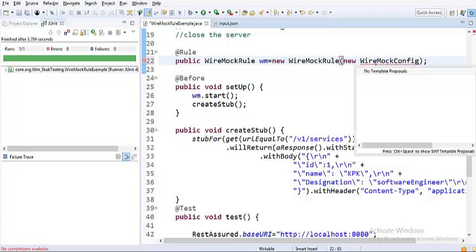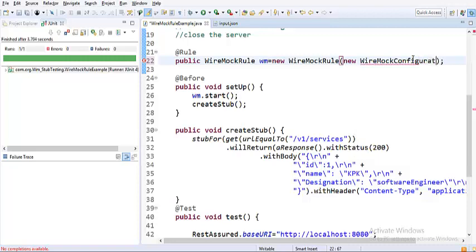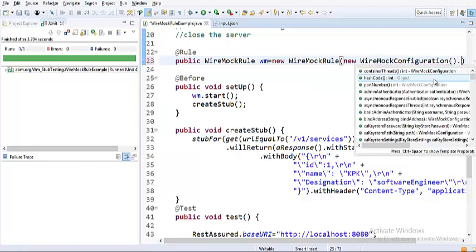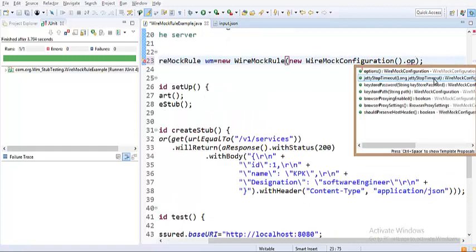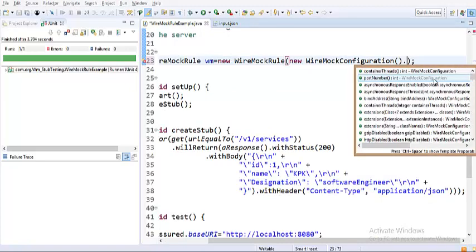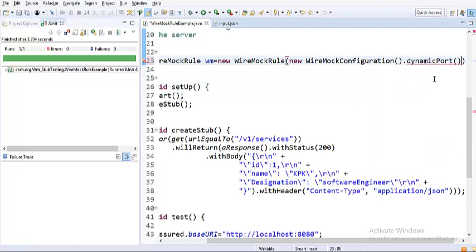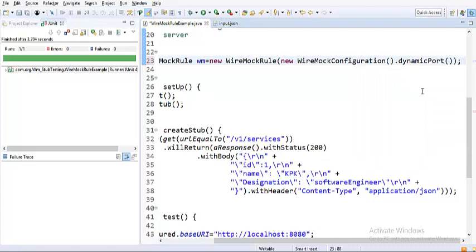In the WireMockConfiguration class, you have a method called options, and I think you have a method called dynamicPort. If you call this method, the WireMock server would get started dynamically on a specific port.